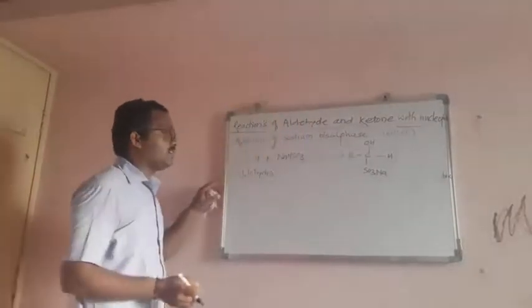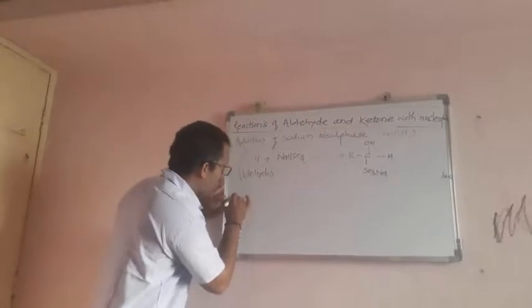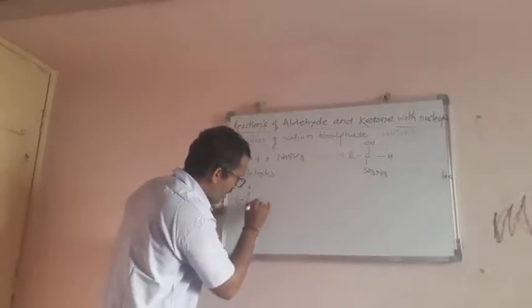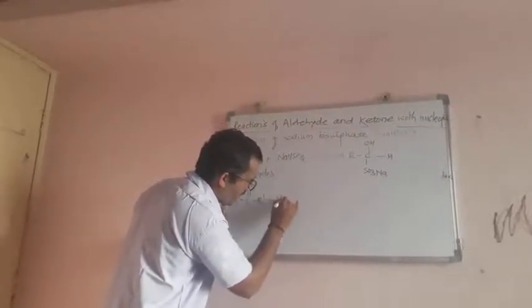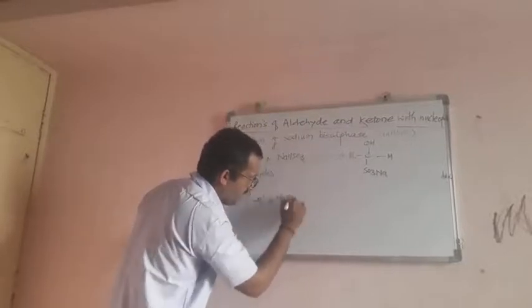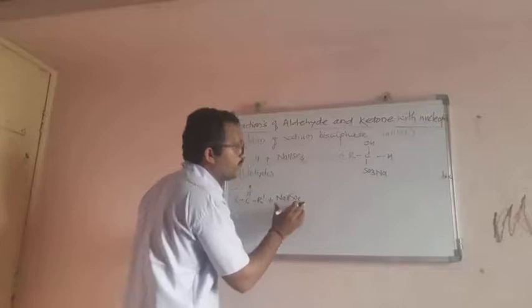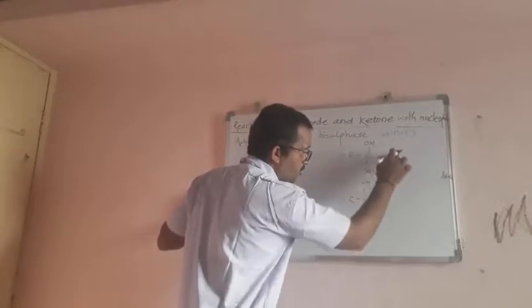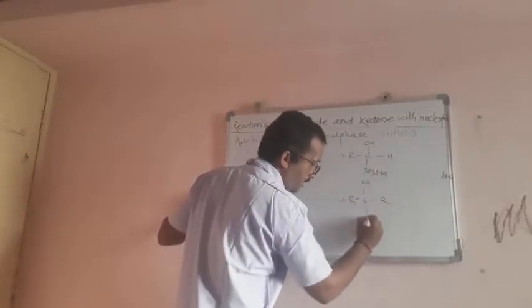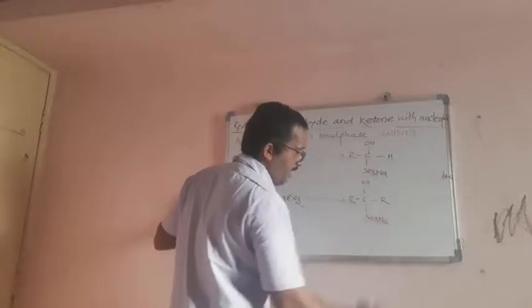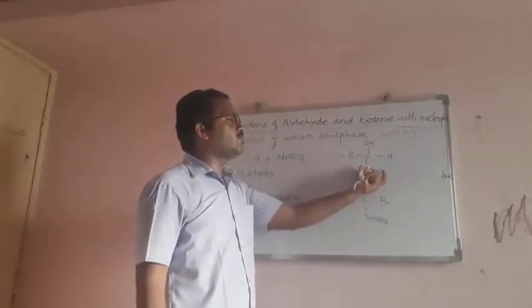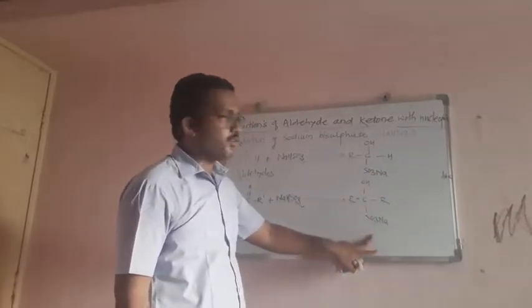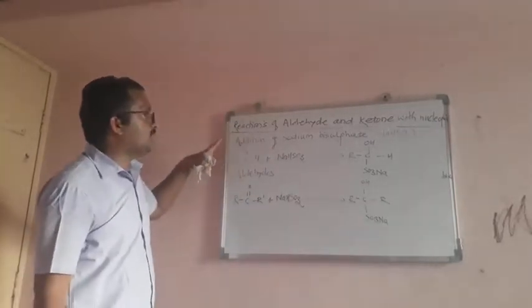Another example is a ketone, R C double bond O R dash. It is reacted with saturated sodium bisulfite, NaHSO3. It gets converted to R C OH, with an R instead of the H, and SO3Na. This is the aldehydic sodium adduct, and this is another sodium bisulfite adduct. These are the reactions of aldehydes and ketones.